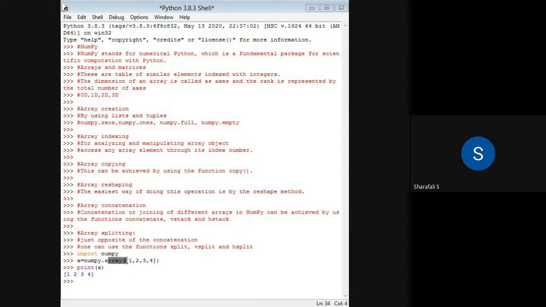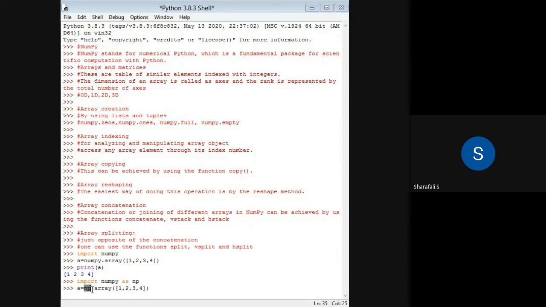By using this array function itself, you can directly create any array. And now you don't have to use the entire name of this module, NumPy, because if you are importing it as NP, like import NumPy as NP, then you can write this line as NP dot array, because I am renaming the module NumPy as NP here.